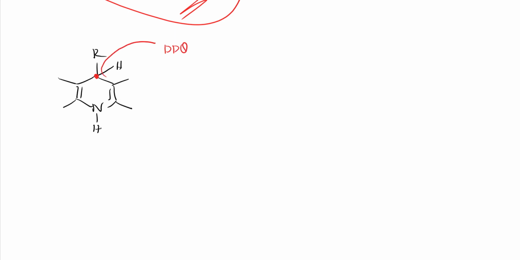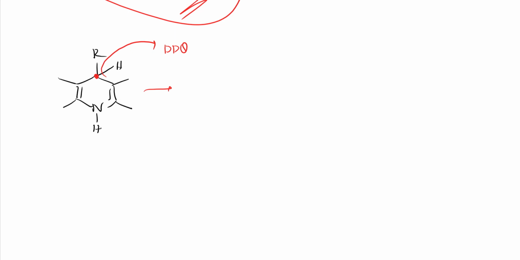Further, I hope I have explained lot many examples. Here I have few more examples. Let me give them so that you will be clear with this DDQ. So H is there, right? So here R is there, and here hydrogen. So see here, this is allylic carbon having hydrogen. So DDQ I have. So it will take this hydride. So I'll get this product.